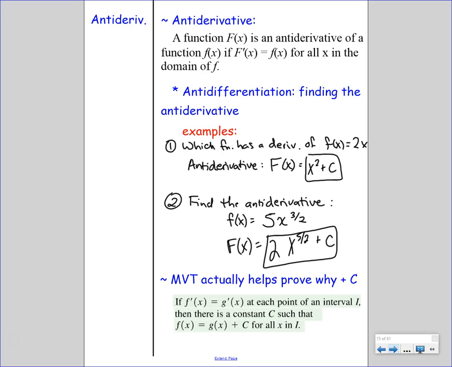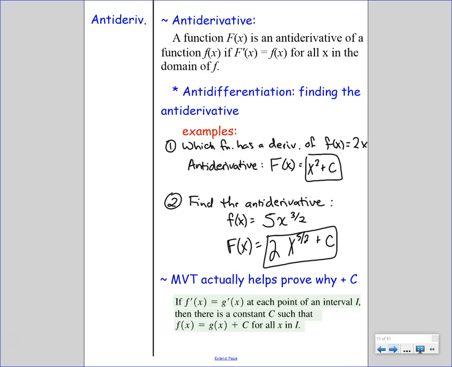How do you guys go from 3 halves to 5 halves? I added 1 and then I divided it. Multiply by 2. Add 2 over 2, which would be 5 over 2, and then you also need to multiply by the reciprocal 2/5. And then the 5's cancel. You can also double check by bringing the 5 halves down. The 2's would cancel, 5 would remain, subtract 2 over 2, and you get 3 over 2.